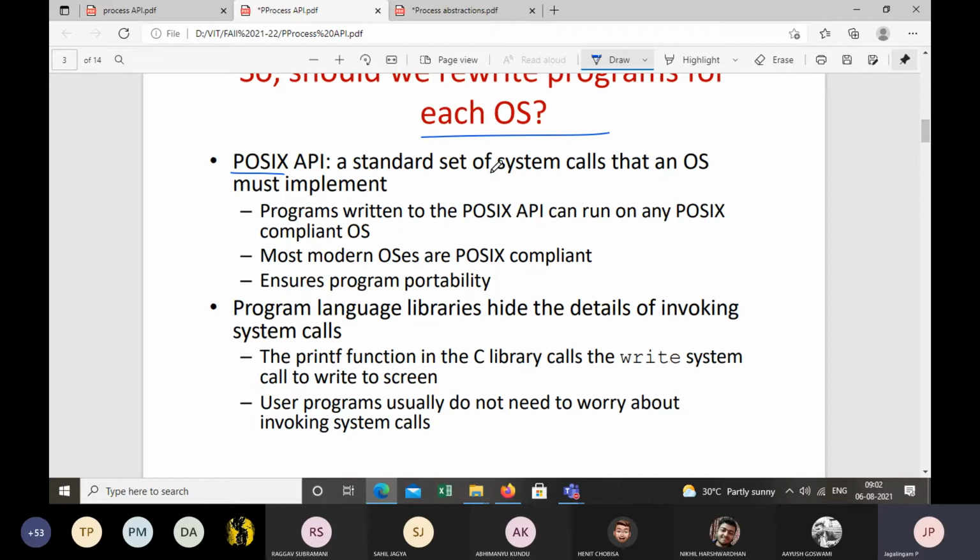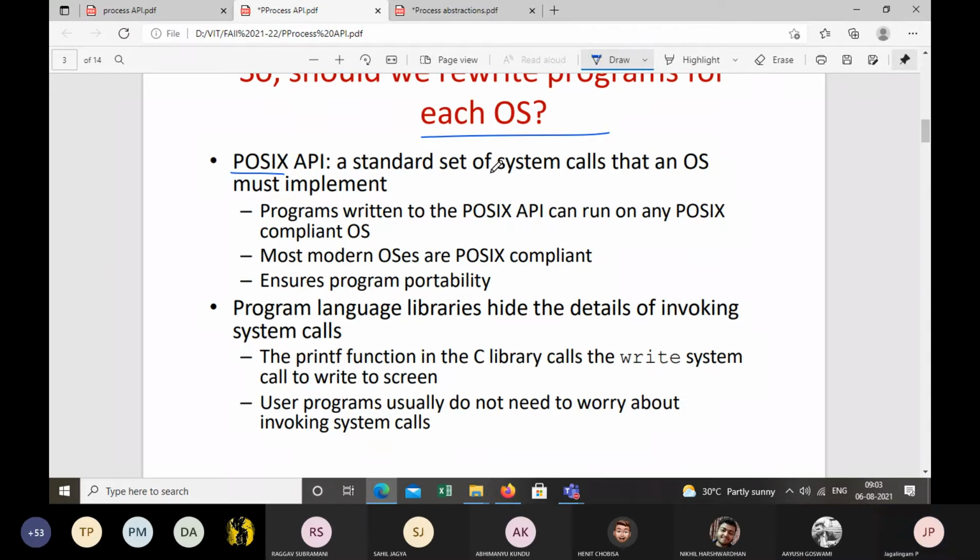Because the API is the same, you can take a program and, without rewriting, run it on any operating system that supports the POSIX API.